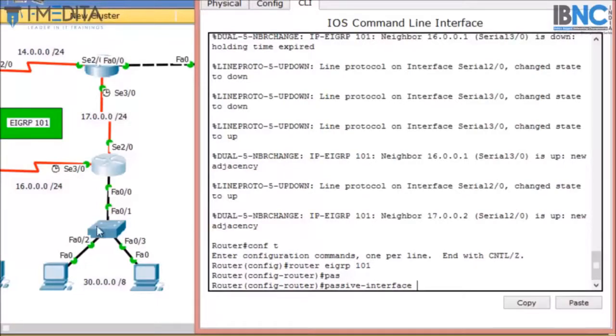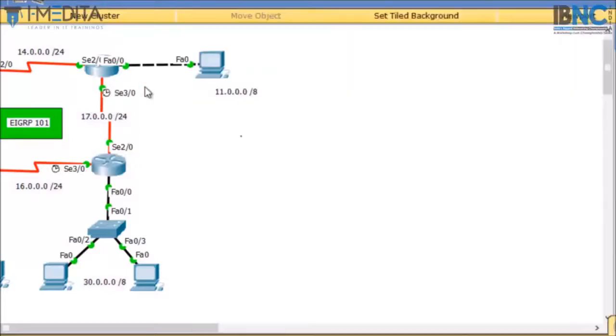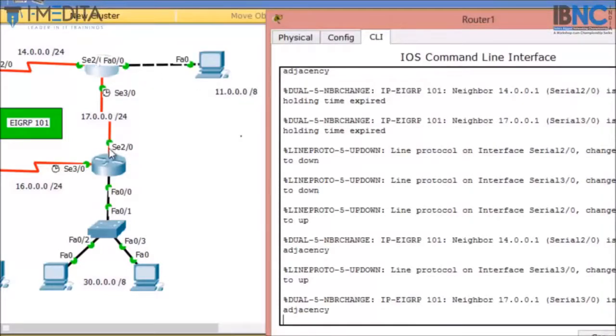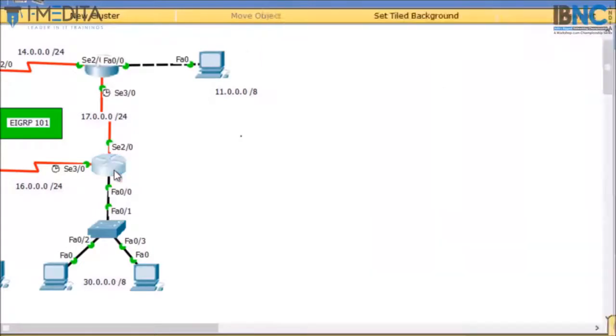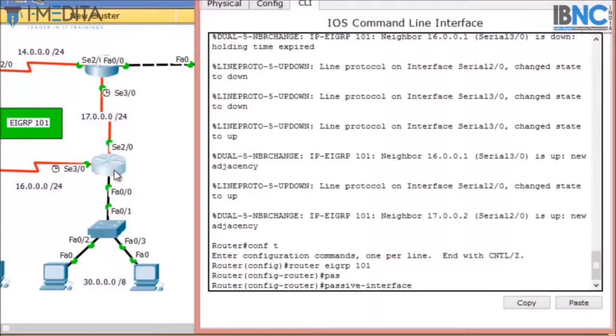For example, I am on router 3, and if I want to prevent EIGRP from sending update packets to router 1, what command will I use? Passive-interface serial 2/0, and hit enter.